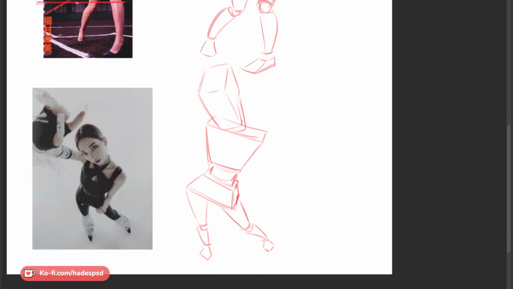You know how when you're a beginner, one of the biggest problems you have is proportions, right? It's like, how do I get proportions right? But I think getting good proportions is just a matter of doing loads of drawings and getting your eye accustomed to those distances.